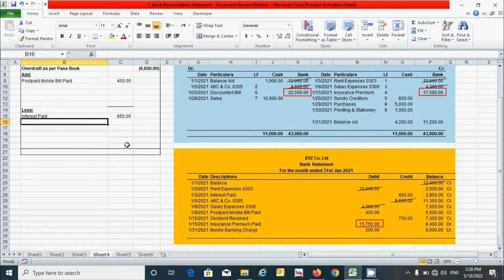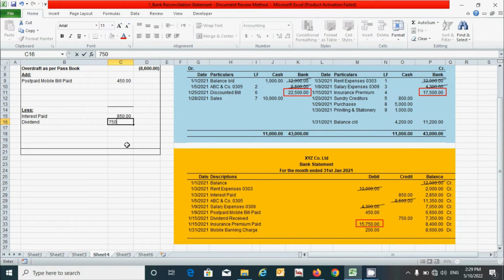So for here, just type the dividend paid and put the value 750. Similarly, the next transaction is insurance premium paid. That is this one. How much? 15,750. And you can see that these transactions have been